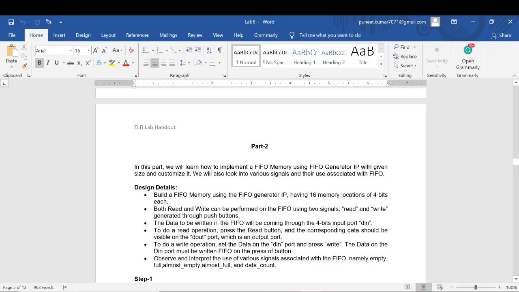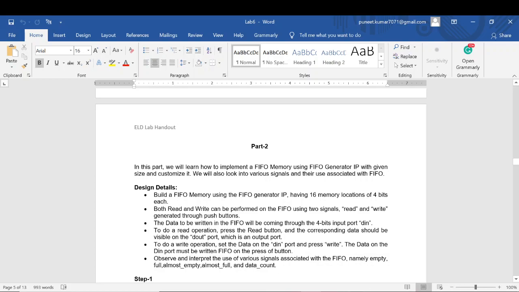The faster circuitry can put the data in the FIFO buffer, and the slower circuitry can take the data from the FIFO buffer. In that case, synchronicity is also maintained, even if my clock domains are different, that means my circuitries are working on different clock frequencies. This is a very classic example of FIFO memory usage. Now let's move forward, create a new project, and see how to customize this IP and use it for our purpose.